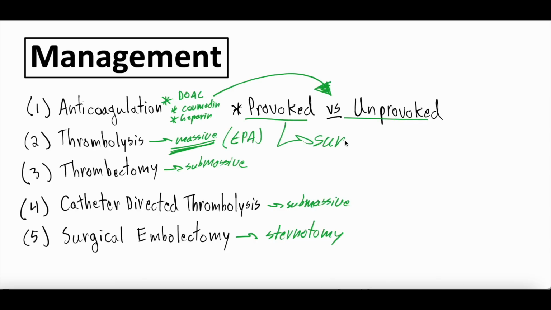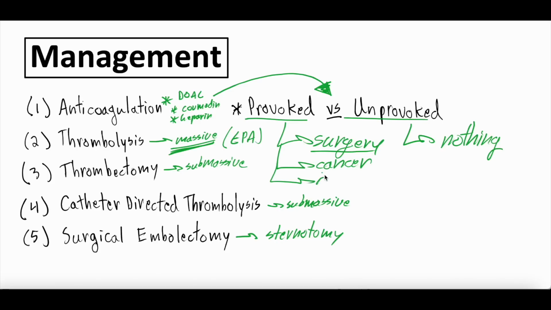Provoked would be like you got surgery and then developed a blood clot. Unprovoked was, there's nothing, right? Provoked would be that you maybe have cancer, right? Provoked would be that maybe you were immobilized. So they identified something that provoked the DVT. When it's an unprovoked DVT, 3 months of anticoagulation is something you'll often hear, although definitely talk about it with